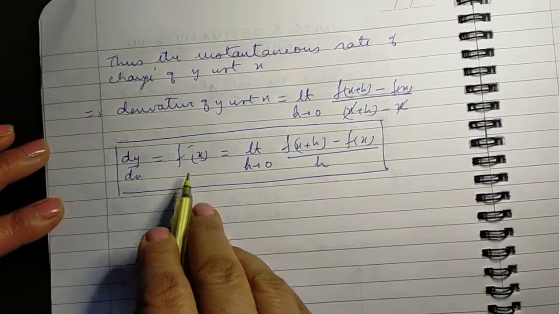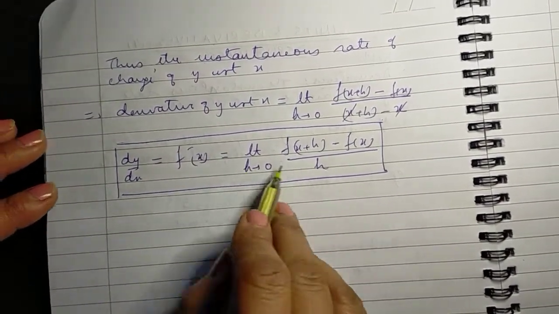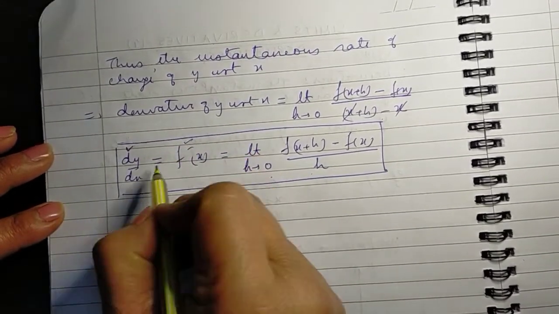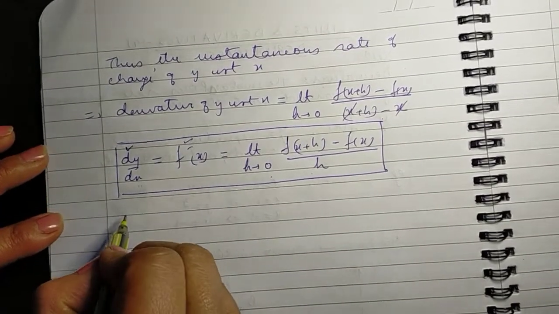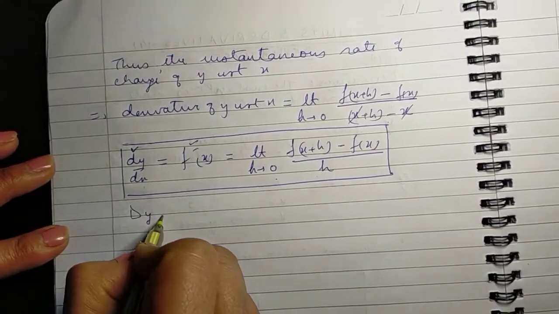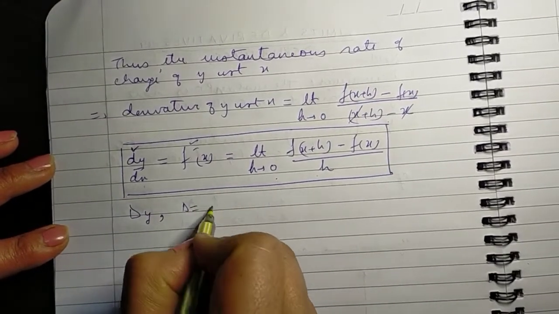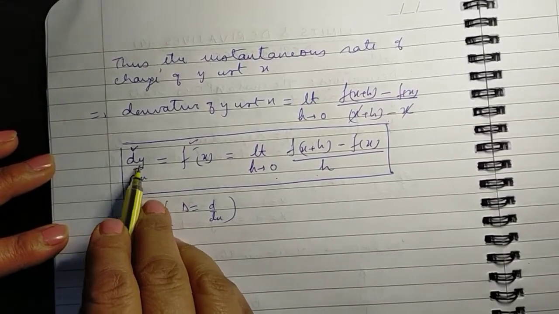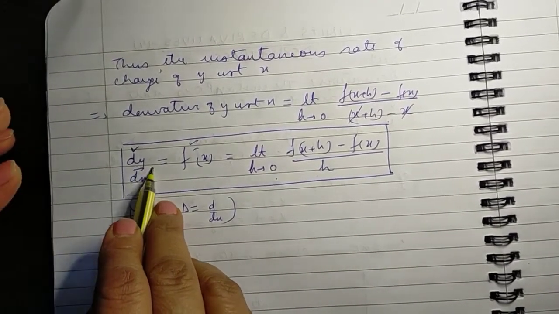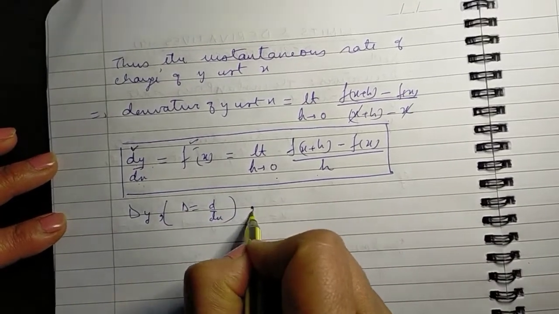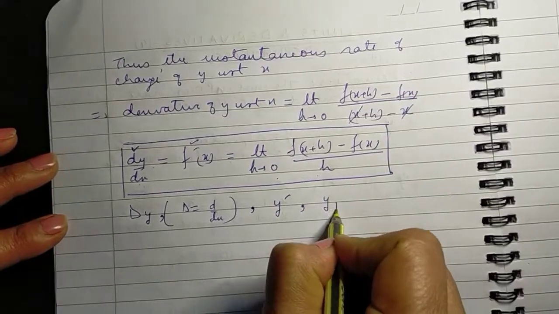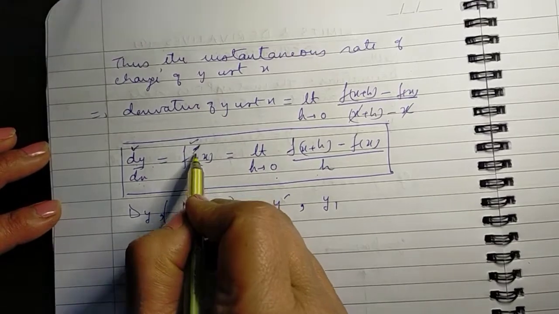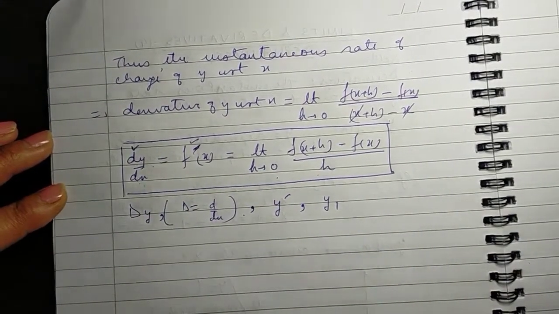Now this is the definition of derivative. The basic definition of derivative is this. Other ways of denoting this derivative, more commonly we use dy by dx or f dash x. Other ways are, you can even write capital D where D equals d by dx. Now when you write dy by dx, you are not dividing dy by dx, it is d by dx of y. It is also written as y dash, it is also written as y1. All these mean the same, but more prevalently we use either f dash x or dy by dx.